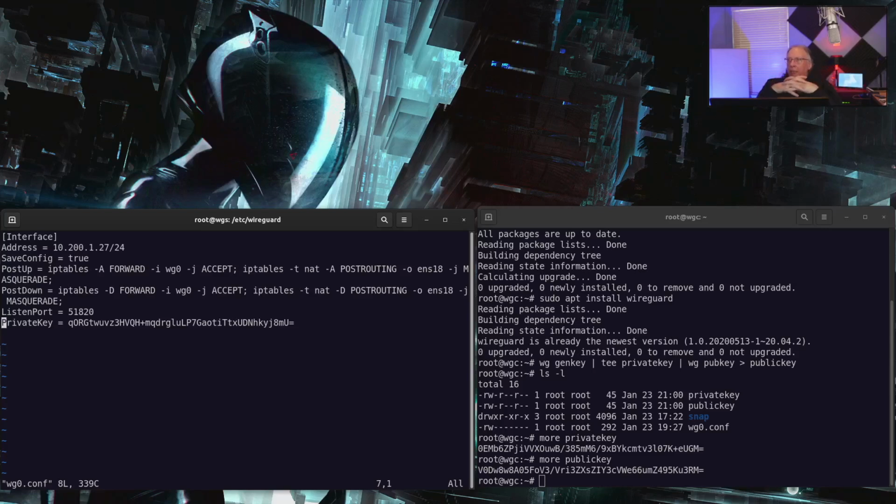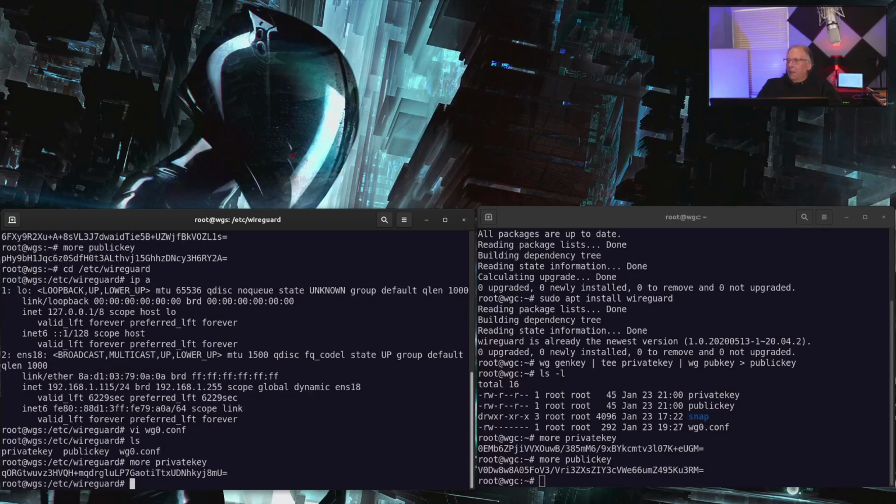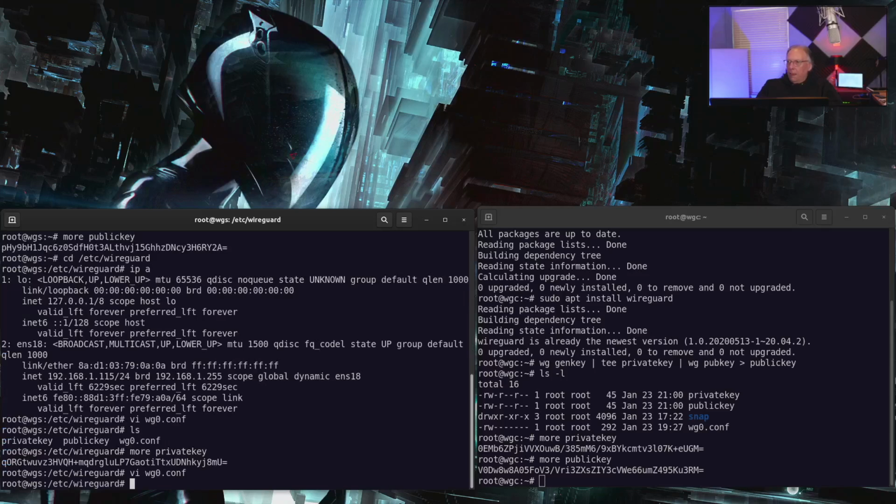This is the private key for my server. Now, it's different than what I just showed you, and we can look at that. Because I didn't overwrite these, I hope. Yeah, so, right. So Q org TWUV, and we can go back in here, Q org TWUV. Yep, so that's my private key. Now, there'll be some other things I need to do to this, but for right now, this is good enough